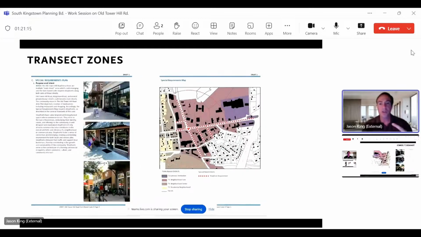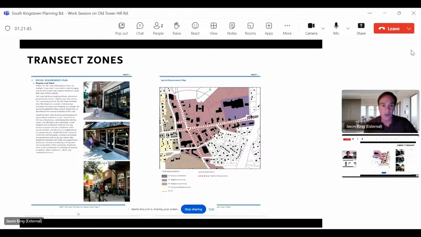So what the code has is a regulating plan, the special requirements map. This is the special requirements map. So the red dotted line is shopfront requirements. If you're redeveloping along this area, and this is Tower Hill Road, and here's 108, and then here's some of those perpendicular main streets we were talking about, then you're required to put in shop fronts.